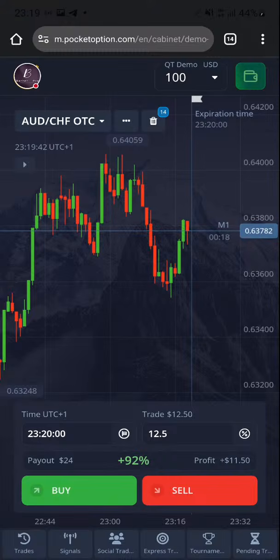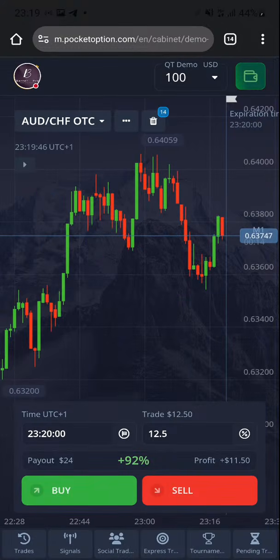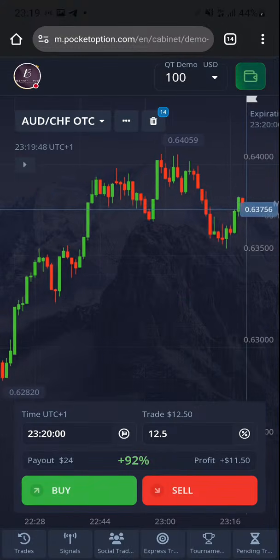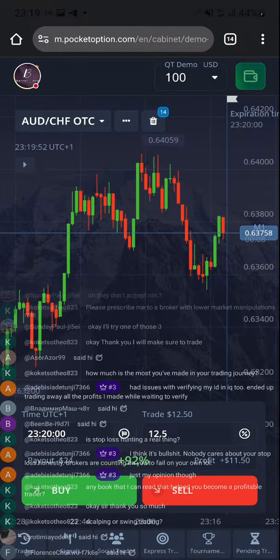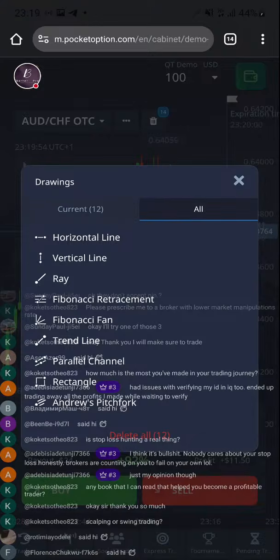Fine. Now, I was gonna say something for the seasoned traders amongst us. Anytime you enter the market, you need to do your due diligence to check the market condition.